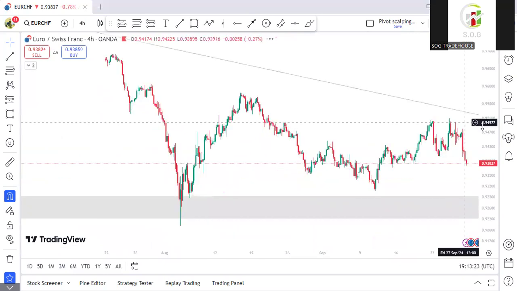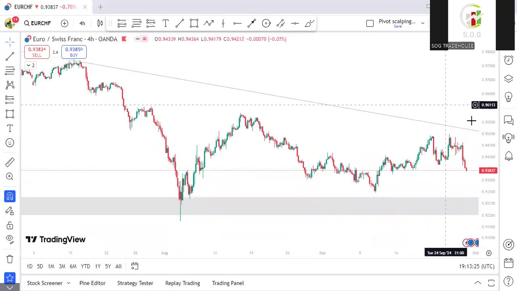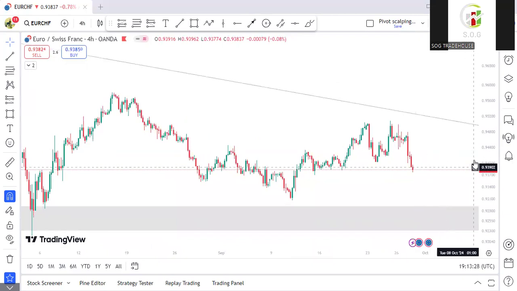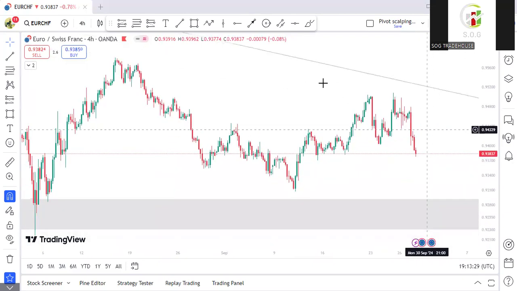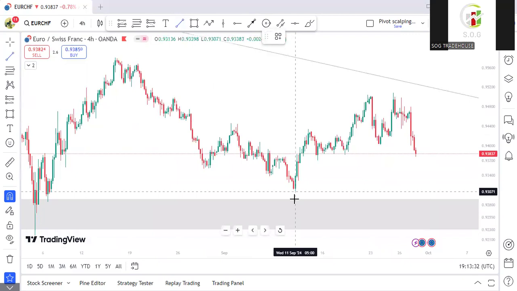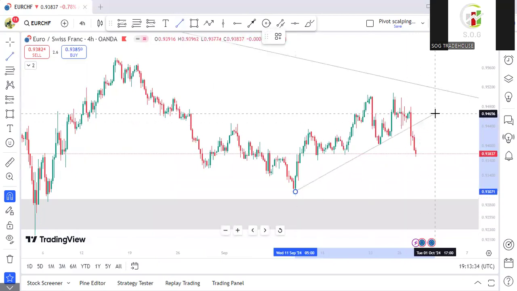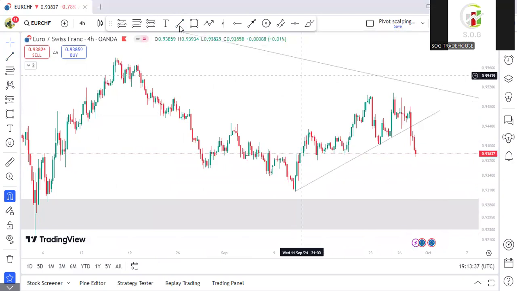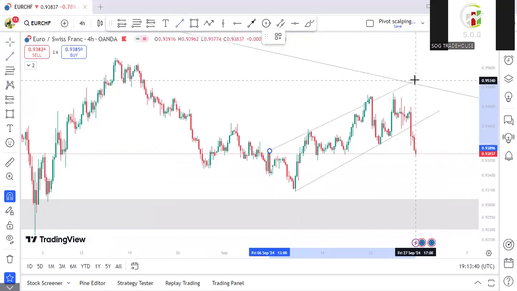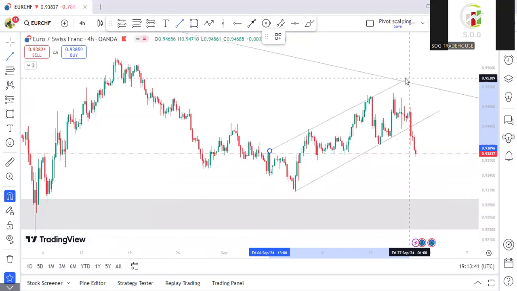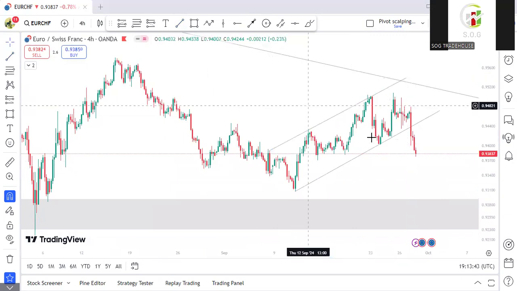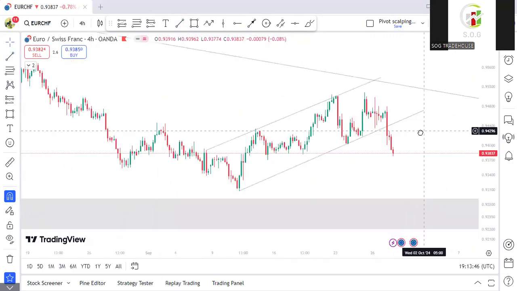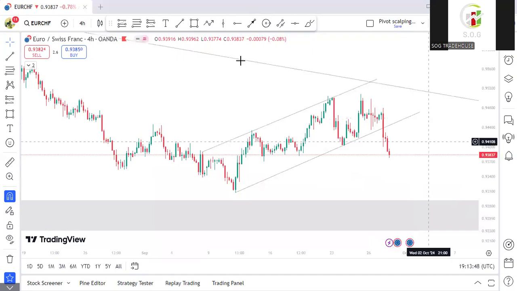So on the 4-hour time frame, you can see Euro CHF has broken out of this chart pattern. So this is a bearish flag pattern. Euro CHF has broken out of this flag pattern. So all we have to do is to wait for the market to pull back